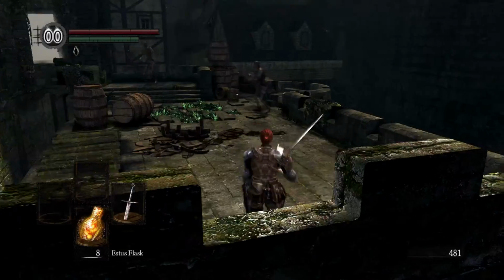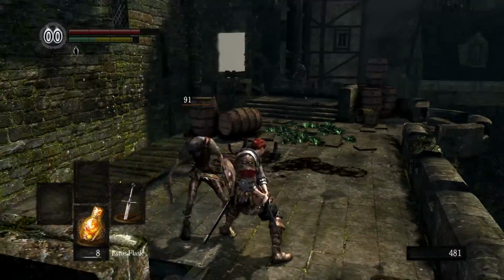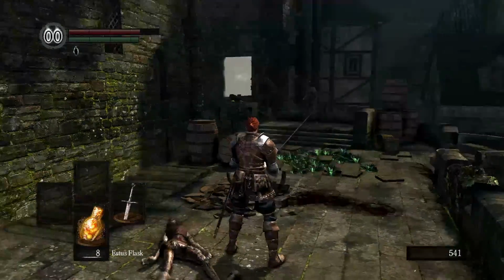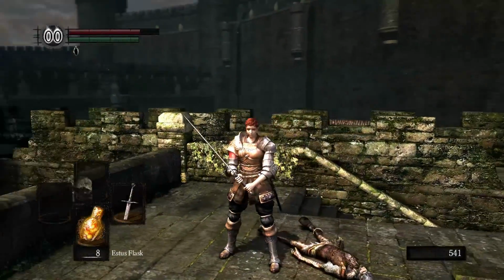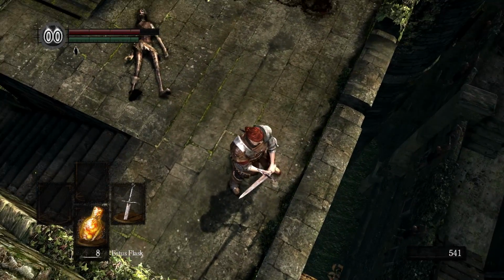And look at that. Left ahead, and we are up at the Undead Burg. God damn it, that jumping attack caught me off guard. We are at the Undead Burg. If we look around here before we advance, we can see a couple of places we might be able to